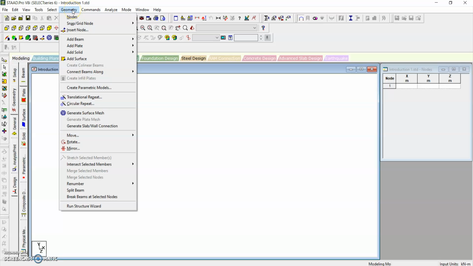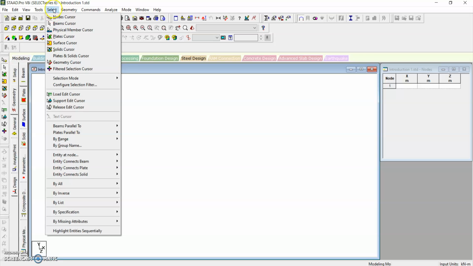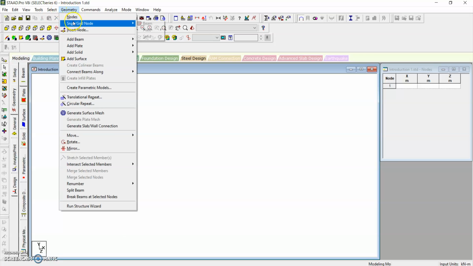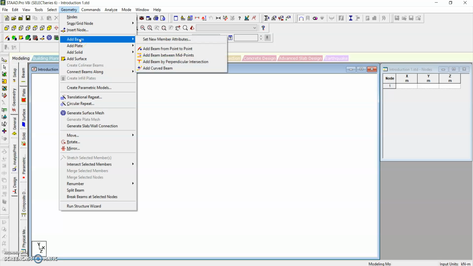Now the next one is geometry. In geometry we will be creating a node, we will be creating beam, we will be creating plates or solids or surfaces. The way to create the same is given in this icon. If I want to add a node, I can add a node in different ways. For example, add beam from point to point.